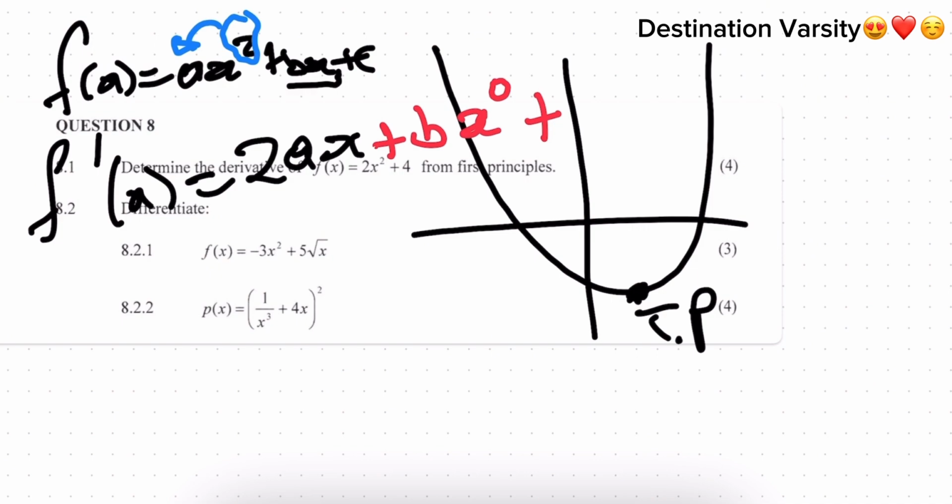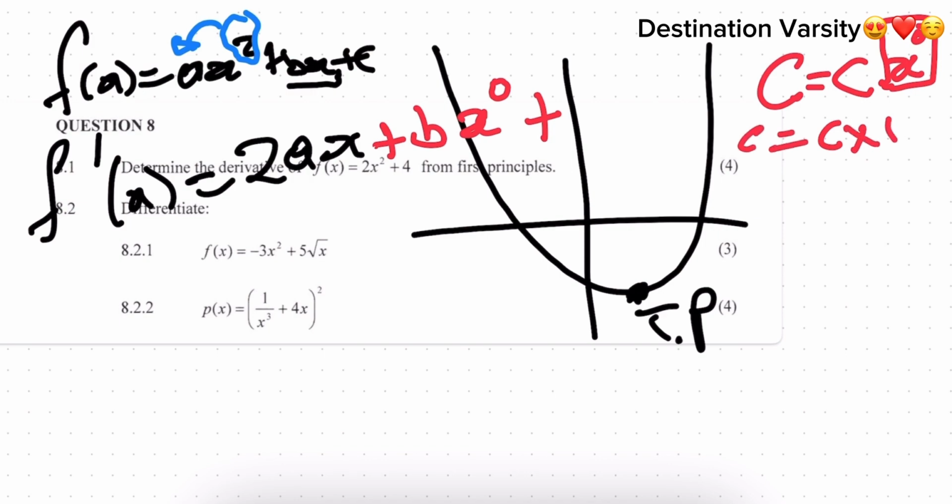Your c doesn't really have any x next to it. So it's more like you're saying your c is equal to c times x to the power of 0, because anything to the power of 0 is 1, eh? So it's more like c times 1. That's your c, right? Let's write it as that